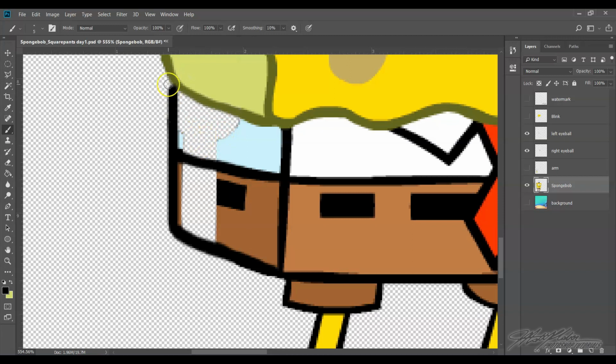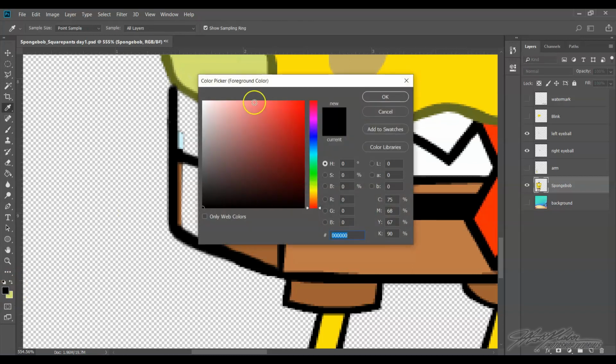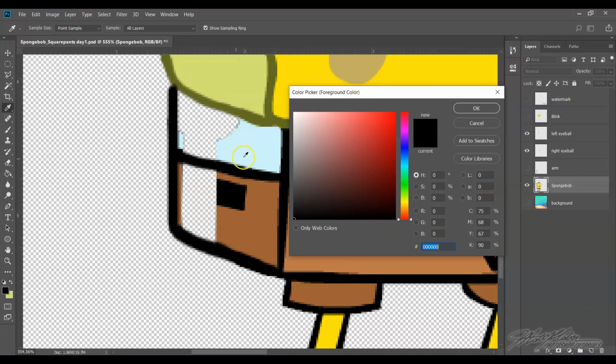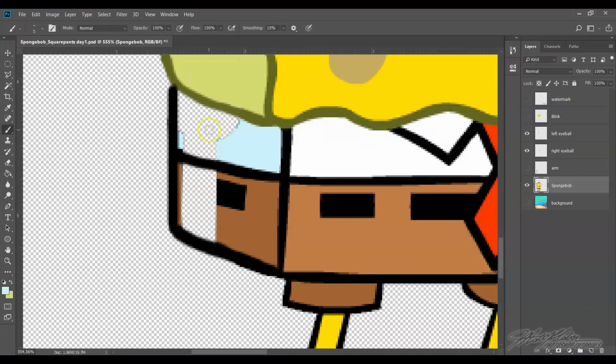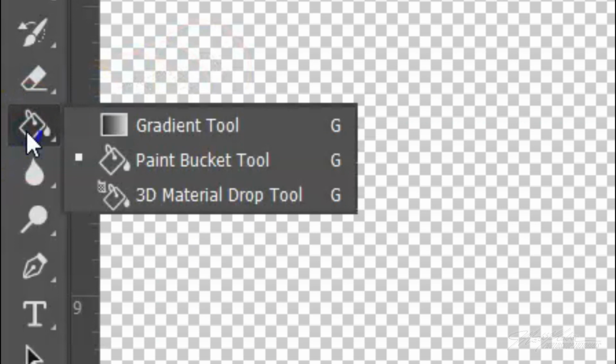Now, since we closed it off, there's actually a really easy way to color that in. You'll just go over here to your color picker. I'm going to click on this black. I'll move this. I'm going to try to get that shade of blue. So I got that. Now instead, you could color it in with a brush. If you're comfortable doing that, that's fine. But if you want to be introduced to a new tool,